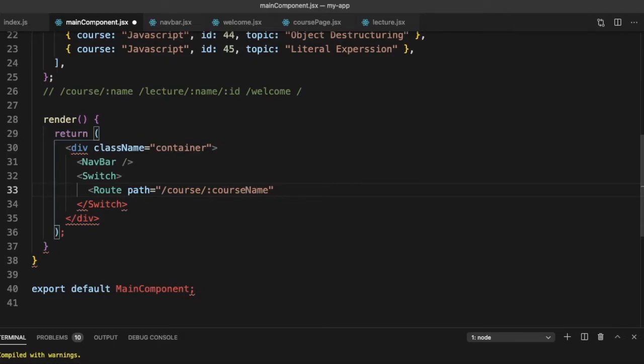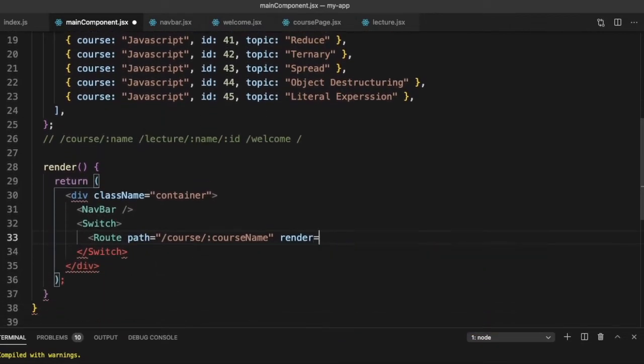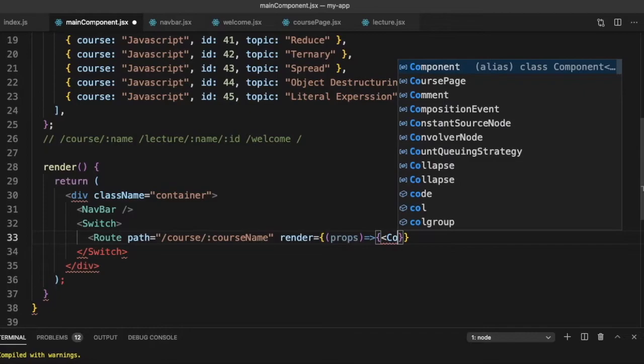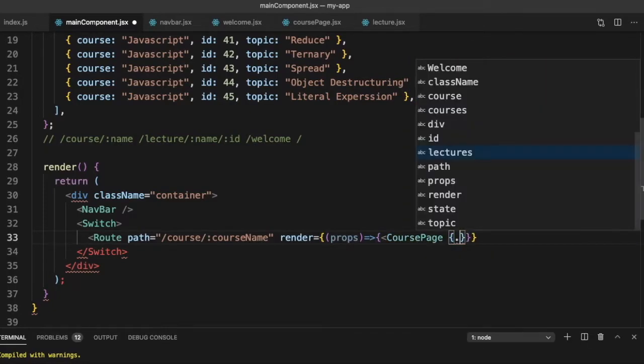And what do we do on this path? We will just render. Why will we use render? Because we will need to pass these details, so that is why we need custom props. Props goes to, and the name of the component here would be say course page. We will spread the props.